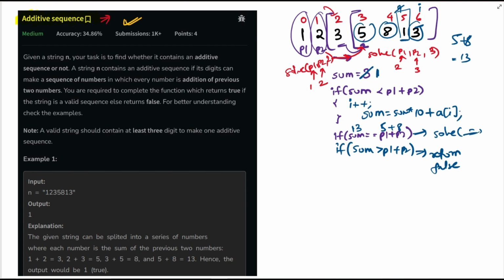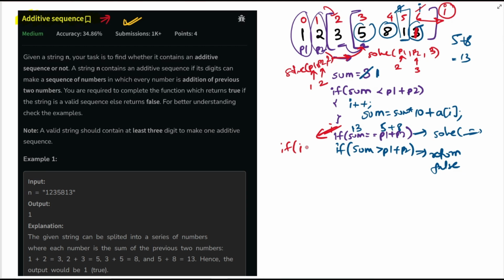Now there are some edge cases that you need to see. What if my I is over here and my I wants to go over here in order to fetch more elements, correct? An example maybe could be, this is 8 plus 5, maybe it is 11. It is less, right? So my sum would want more elements. So in that case, my I would cross this boundary. So if my I crosses the boundary, here I would write